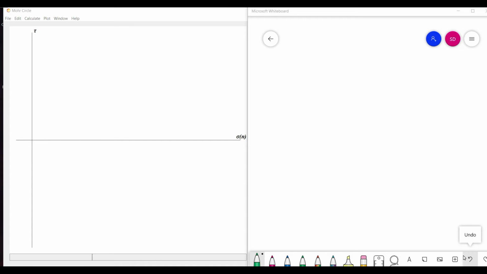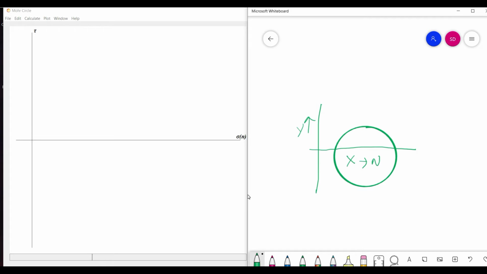Mohr's circle is simply a circle. So we'll just see it in an x and y coordinate system. X represents the normal stress and y represents the shear stress. So Mohr's circle is a circle which represents points of normal stress and shear stress, and the maximum one is the sigma 1, and the least one is the sigma 3, and we are keeping sigma 2 equal to 0 for our convention.